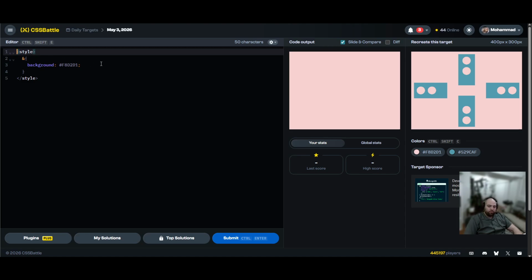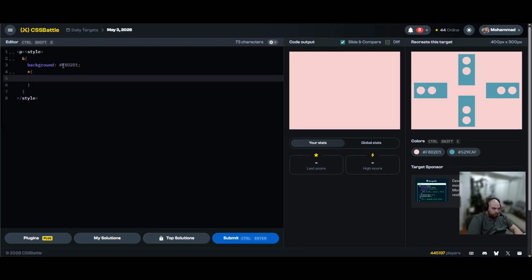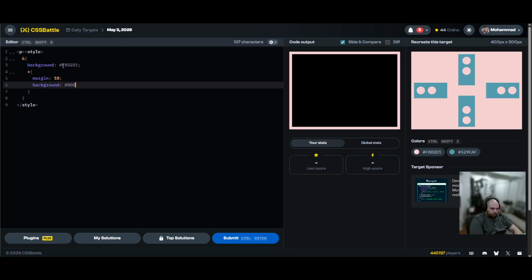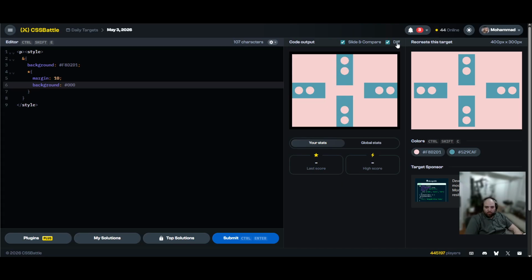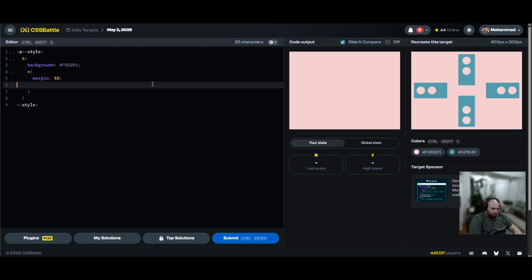So actually, hmm, box shadow is not going to work. I'll do one, and then we'll see how it works. Let's go margin 10px, and then background black. I think perfect. Okay. So this really, I don't need this. I just need that for